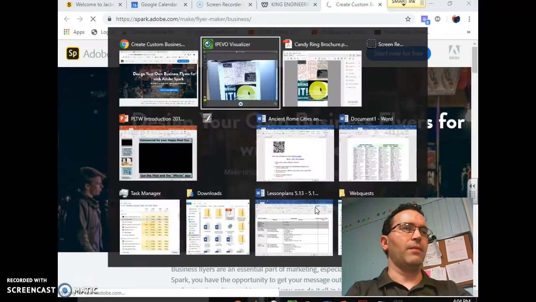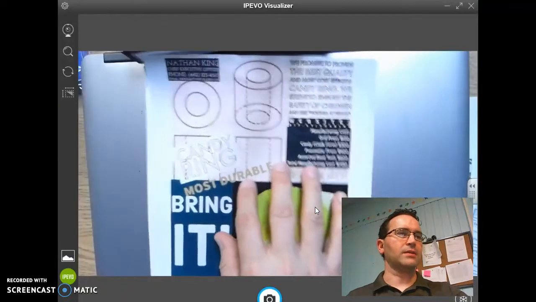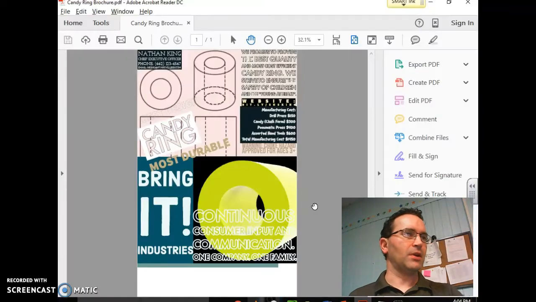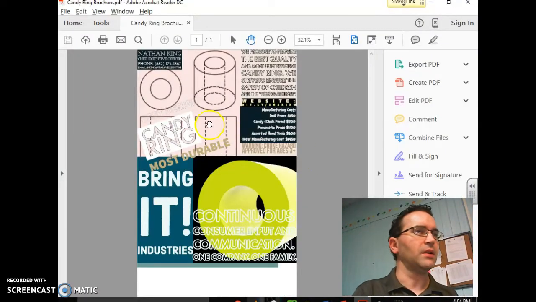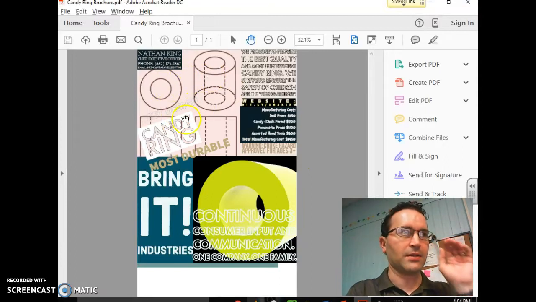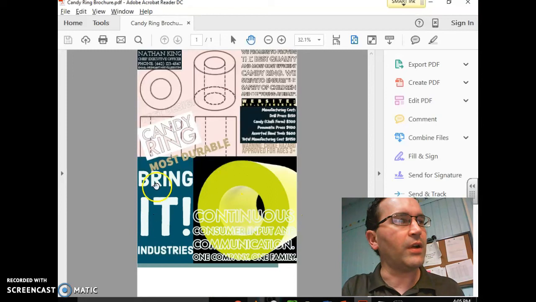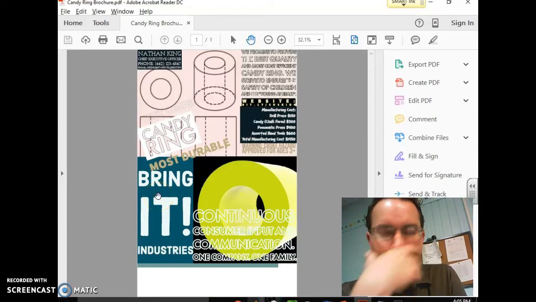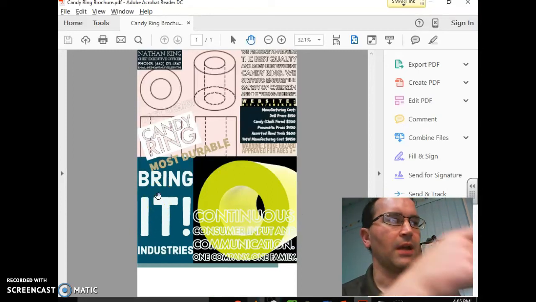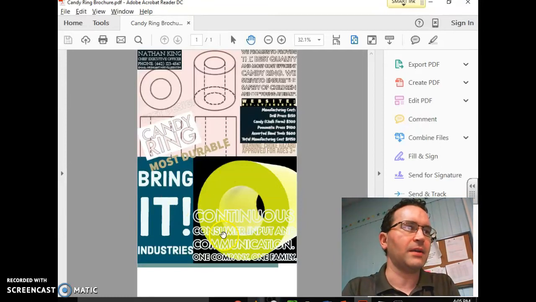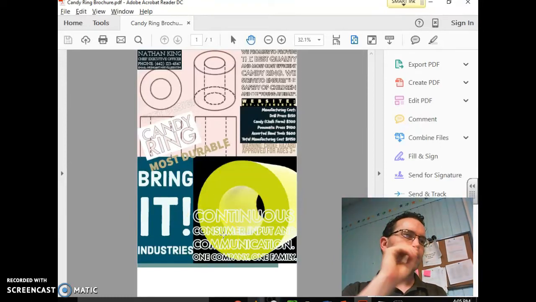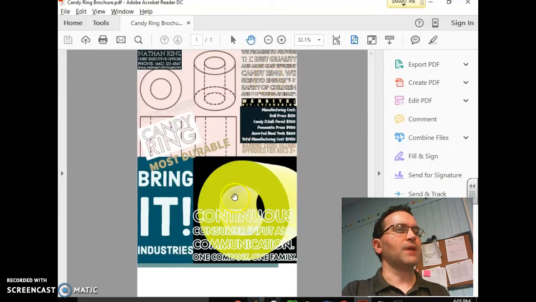We're going to try to recreate this flyer. Here's the PDF version of it. You can see it a little clearer, but it's got 4 sections: a section here, here, here, and here. Over to the left is the company name. This is my design, the actual part itself, designed in Autodesk Inventor. And then over to the right is a description of it, describing how much each